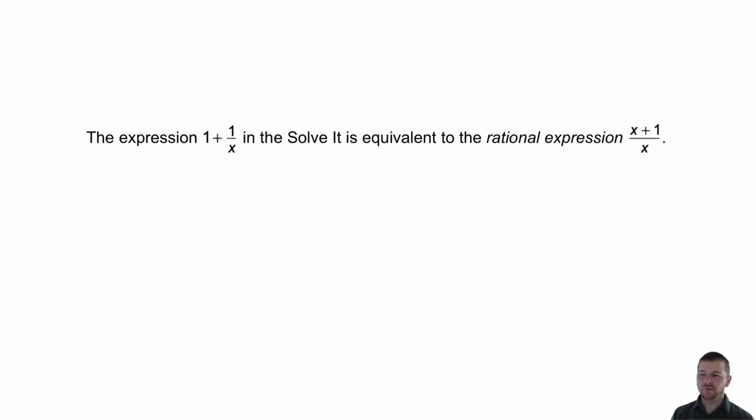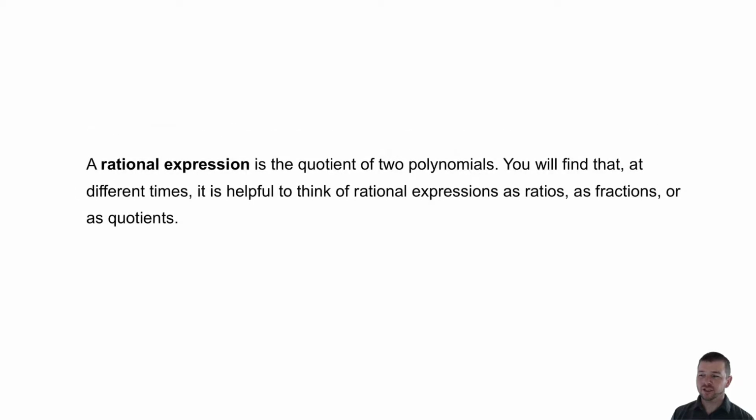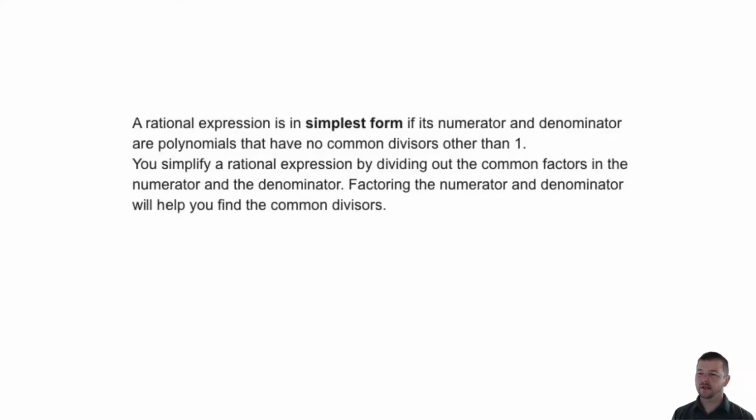The expression 1 plus 1 over x is equivalent to the rational expression x plus 1 over x. A rational expression is the quotient of two polynomials. You will find that, at different times, it is helpful to think of rational expressions as ratios, as fractions, or as quotients. A rational expression is in simplest form if its numerator and denominator are polynomials that have no common